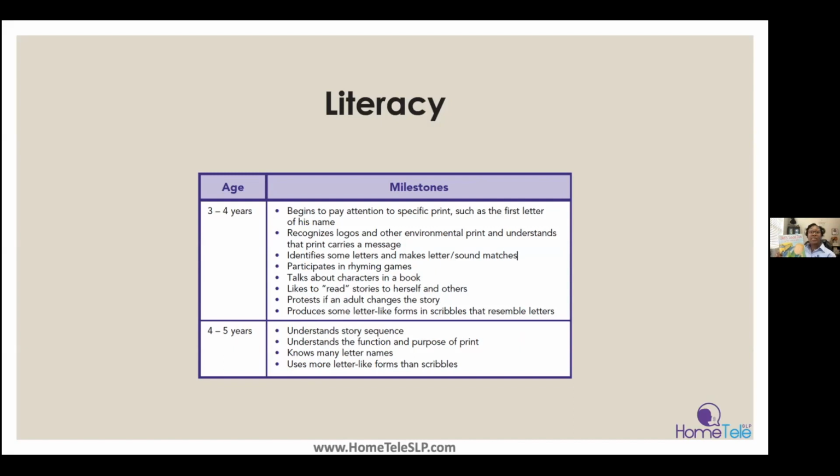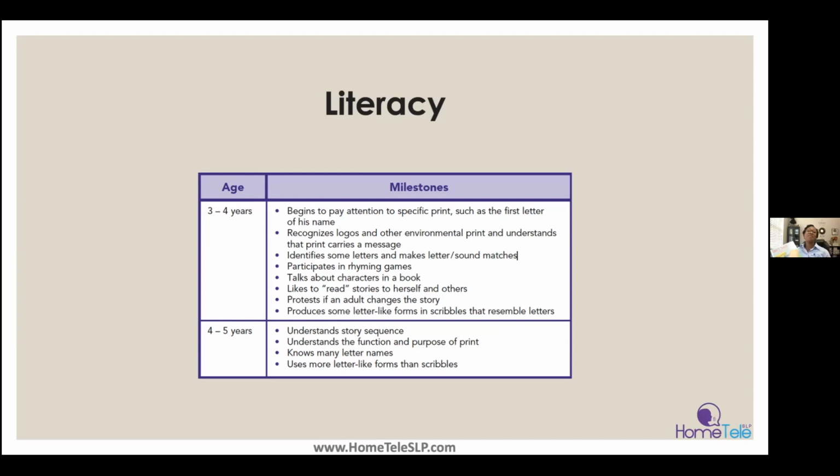They should recognize logos and pictures, like, ooh, mama, bus. Identify some letters. Ooh, letter A. And they may be able to talk about the characters in the book. Oh, boy like me. If it's a boy, they may recognize something. Oh, his eyes are blue. I have eyes that are blue. Participating in rhyming games are things that children should be able to do. And liking or enjoying reading stories to him or herself.